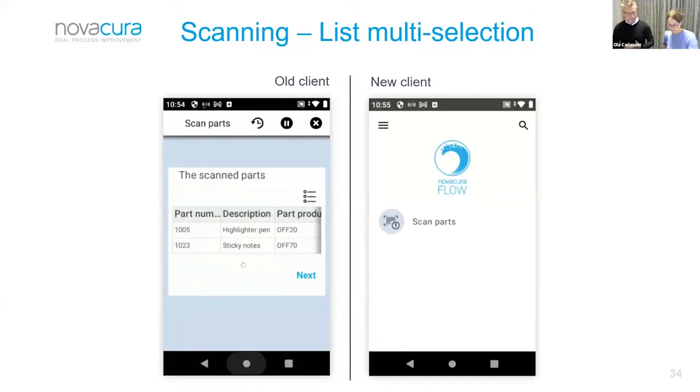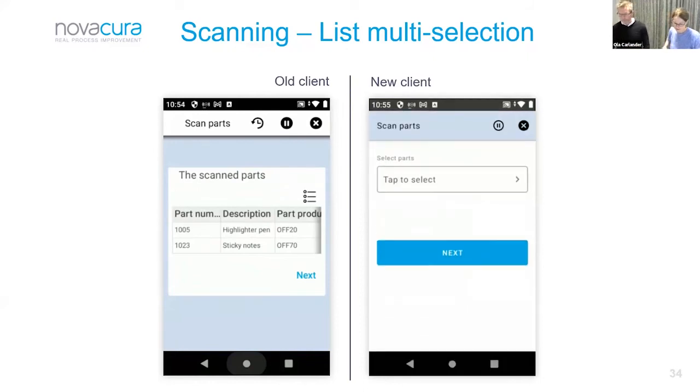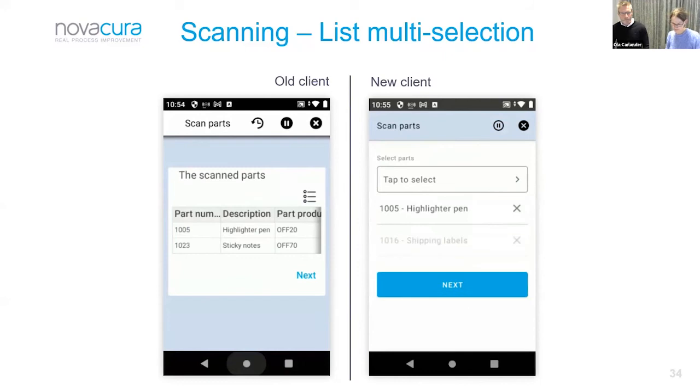Whilst in the new client, we do exactly the same thing. And to start with, I might mention that in the old client, if you have the list selection, it actually opens and then goes back. In the new client, the scanning does not open, so it's not the flicking back and forth of the list selection rows. So in this case, we just scan